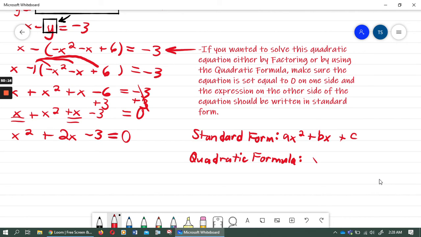Negative b plus or minus the square root of b squared minus 4ac